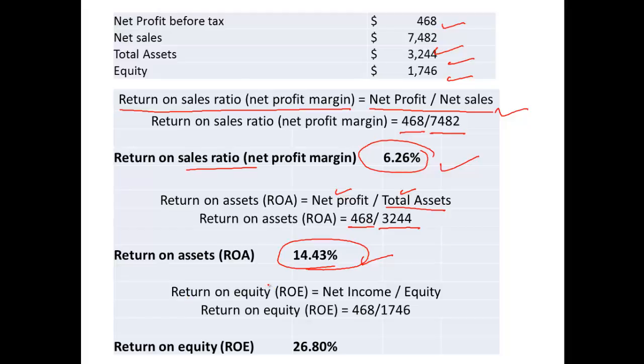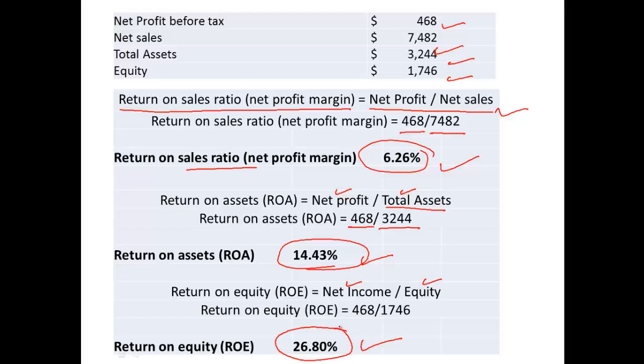Now coming to the next, return on equity. Return on equity is defined as the amount of net income returned as a percentage of equity. Return on equity measures a company's profitability by revealing how much profit a company generates with the money shareholders have invested. That is net income divided by equity. So it will come out to